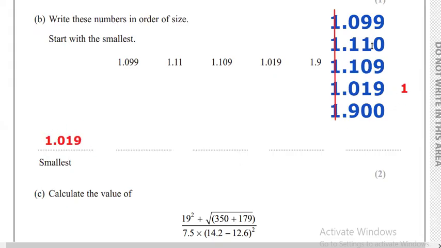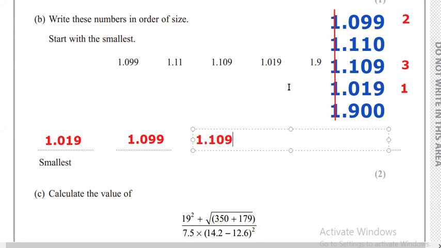Now here, which one is the second smallest? After 19, I have, very good, 99. So this is the second smallest. I can put it here as it is, which is 1.099, like this. And then after 99, I can see this is 109. So 109 is the third smallest number. So it's going to be here,